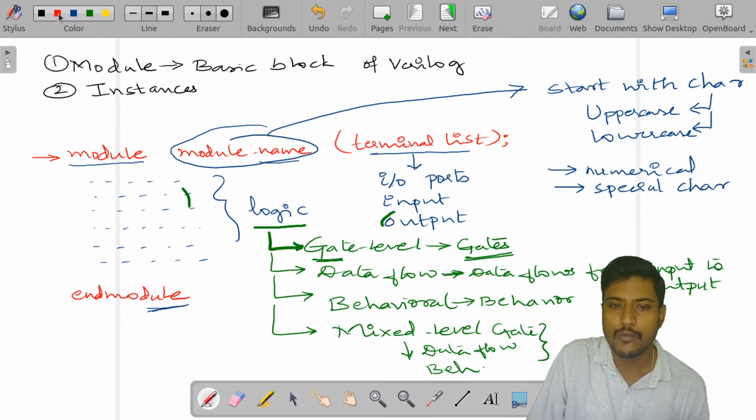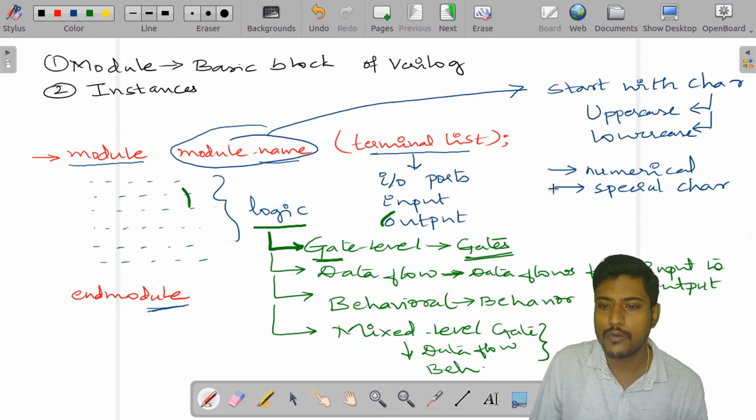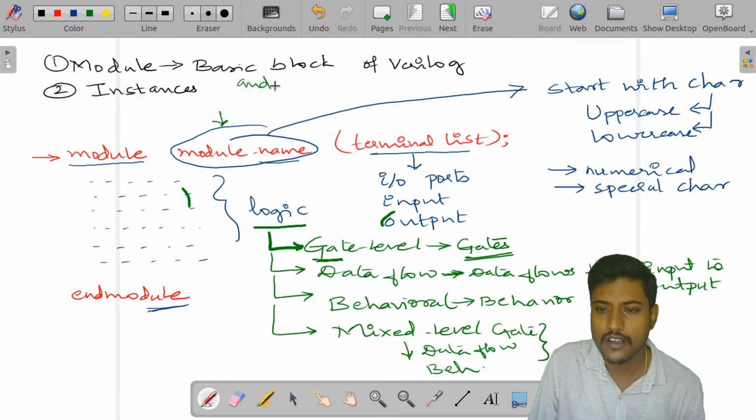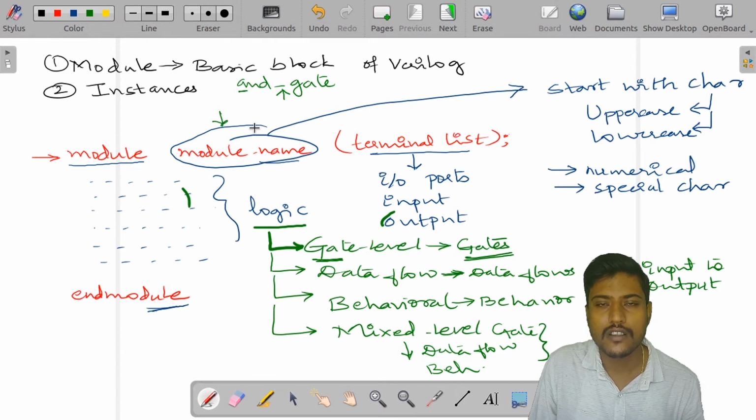So, how should a module name always start? If you want to see a module name, let me take AND gate. I can give this as AND underscore gate. Here you can observe it should always start with a character, but in between we can use numericals and special characters such as underscore and all that.